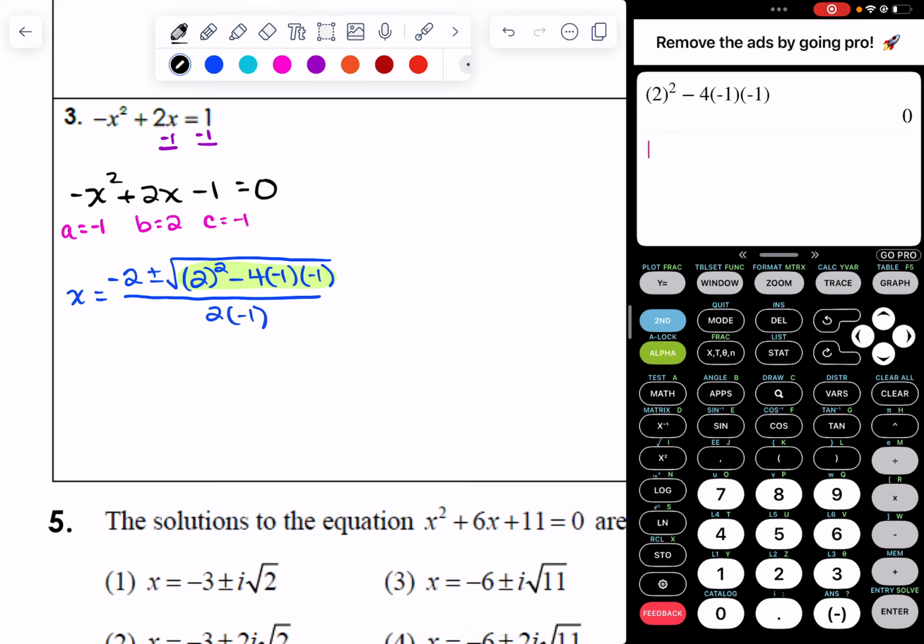Oh, so maybe this wasn't the best problem to do with you guys, but it's a good way to show you a different type. So I get -2 plus or minus the square root of 0 over 2 times -1, which is -2. All right, guys. Well, what is the square root of 0? It's just 0. So what I really end up with in my numerator is negative 2 plus and minus 0. So I'm not even going to put that. Negative 2 over negative 2, which actually only gives me one answer, right? There's nothing to add and subtract. So this is an example of a one